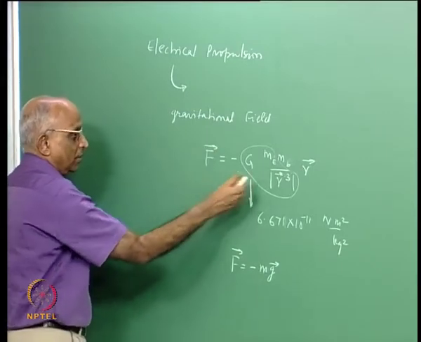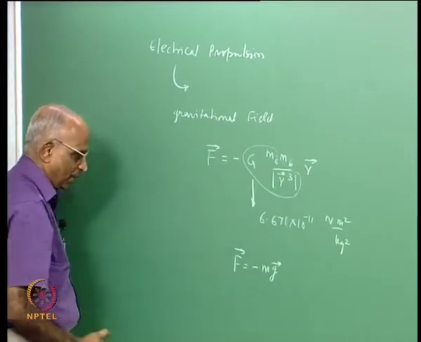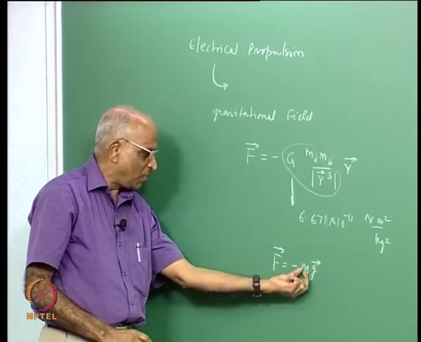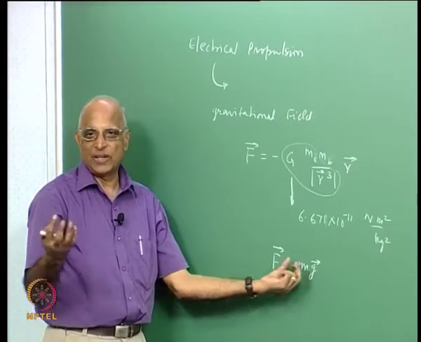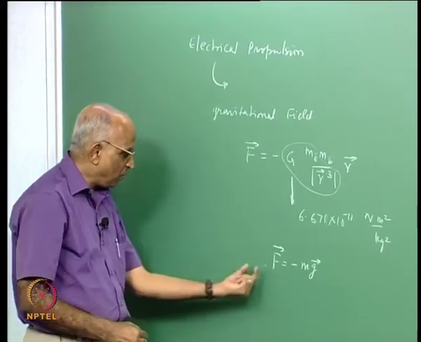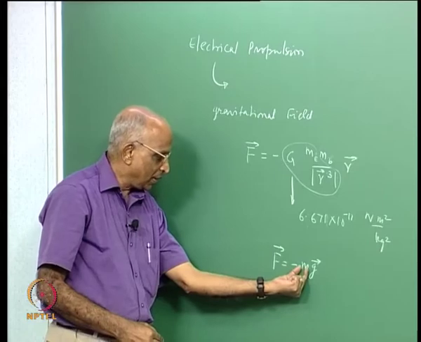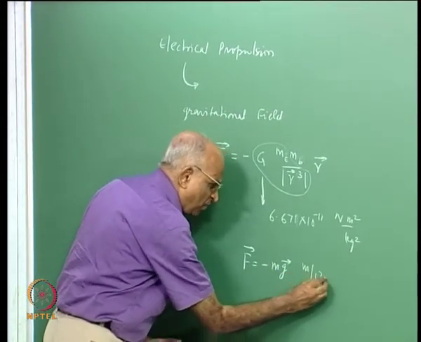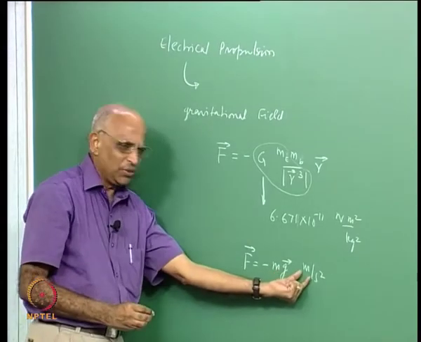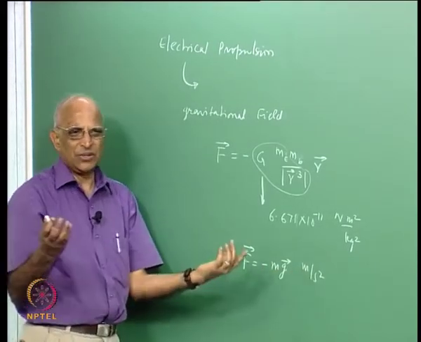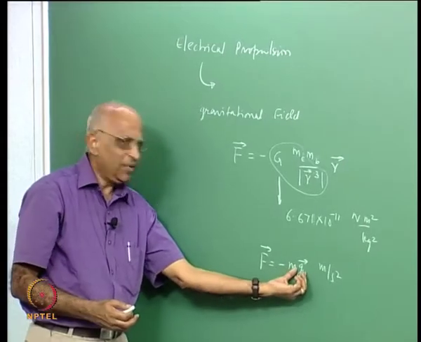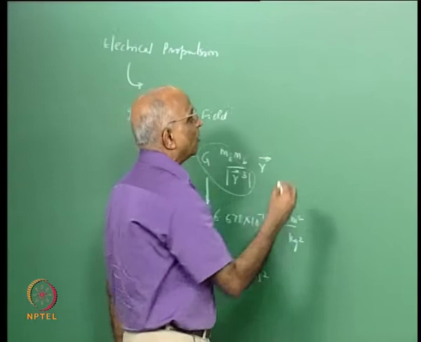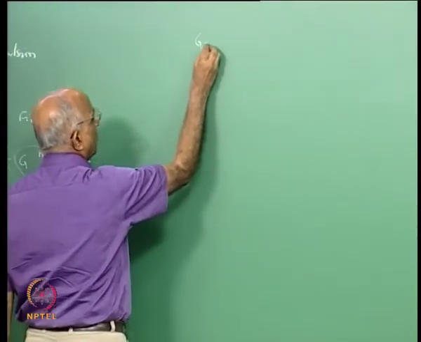Force is a vector and the vector comes from this, right. Therefore, you see there is a field, a vector field, which attracts the body and gives weight to the mass of the body. In other words, force is in Newton, mass is in kilogram, g was in meter per second square, and therefore it is loosely talked of as acceleration due to gravity, but there is no acceleration involved, it is just a field which is available. Therefore, just like we talk in terms of a gravitational field,